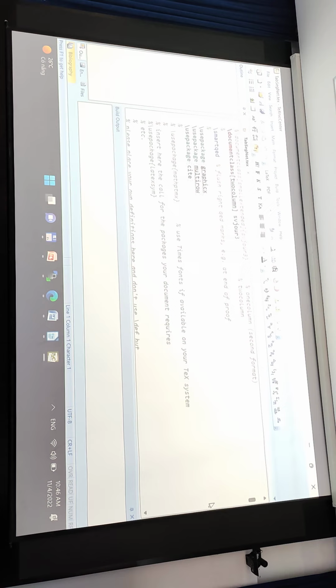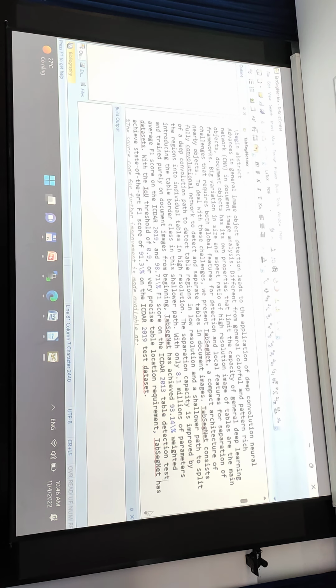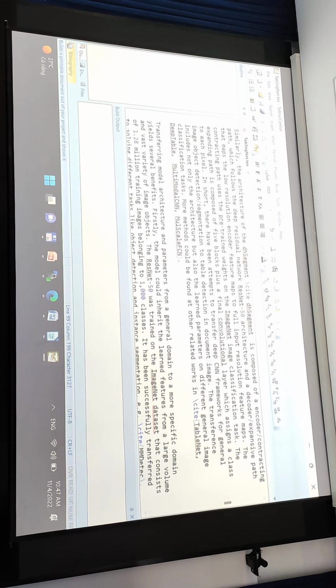It has another way of making documents. The author I also enter here, the institute here. The abstract, it begins with abstract. For example, here I edit my documents, edit my paper, and then